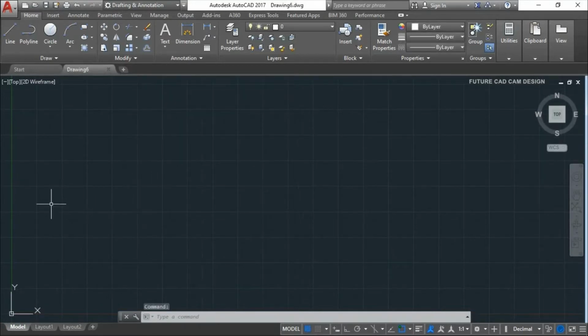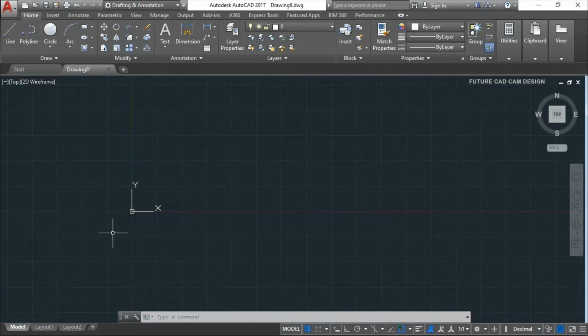Okay, now this whole area is called the workspace. Together this whole area is called a workspace, and here you can see the axes x and y. This is called the UCS, user coordinate system. So now we are in a 2D page. I mean we are going to draft only 2D diagrams, so we have only two axes, x and y. When you switch to 3D, one more axis will be available, called the Z axis. Now we are in 2D, so only the x and y axes are available here.